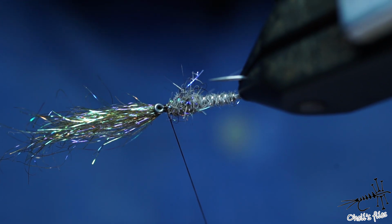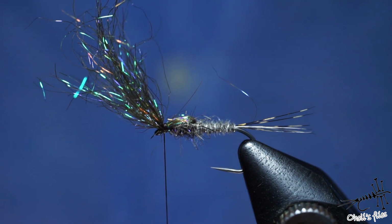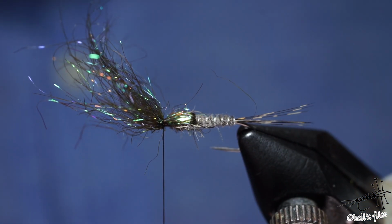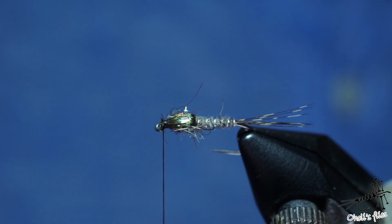Now it's time to check everything, if you like it or not. The cover looks nice. Tighten it, lock it. There is always going to be, at least in my case, 1 or 2 fibers sticking out to the front of the fly, but it's okay. So I want to cut it as close as possible. Now I'm going to cut this one here,